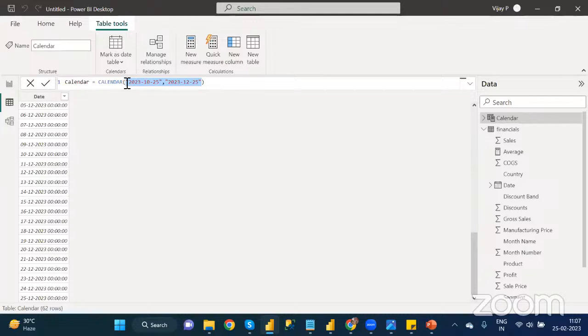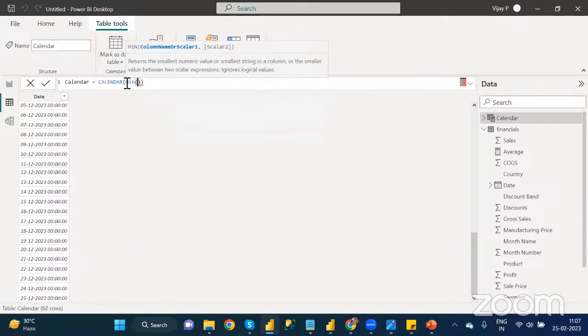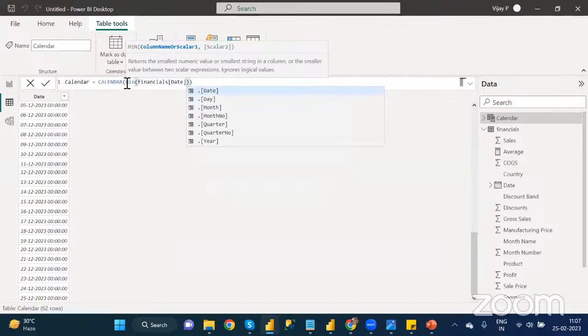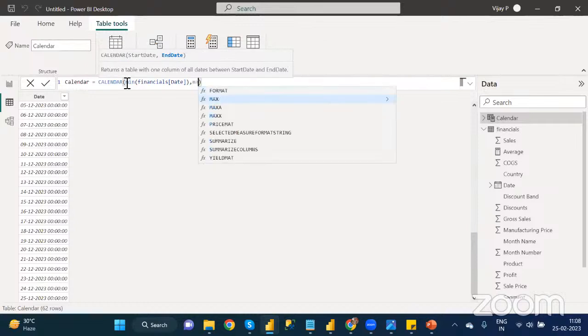Min and max functions. Suppose the start date is in the date column. I'm taking a date column. Where is the date column? In the financial data set, there is a date column. In that particular date column, whatever minimum date is there, it will consider as the start date. Understand? Same like that, comma, maximum of